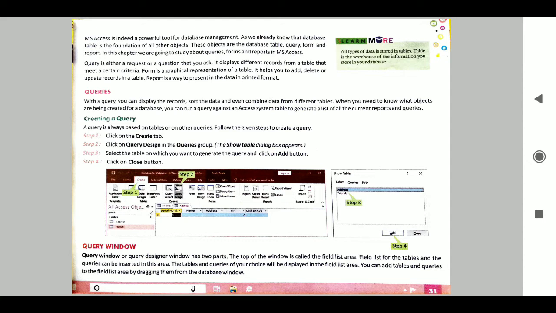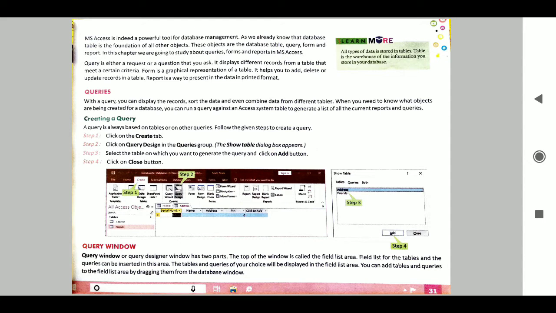We have already seen in the last chapter, as we already know, the database table is the foundation of all other objects. Objects means related data, like name with the address, phone number and email address related to a person. These objects are the database table, query, form and report.